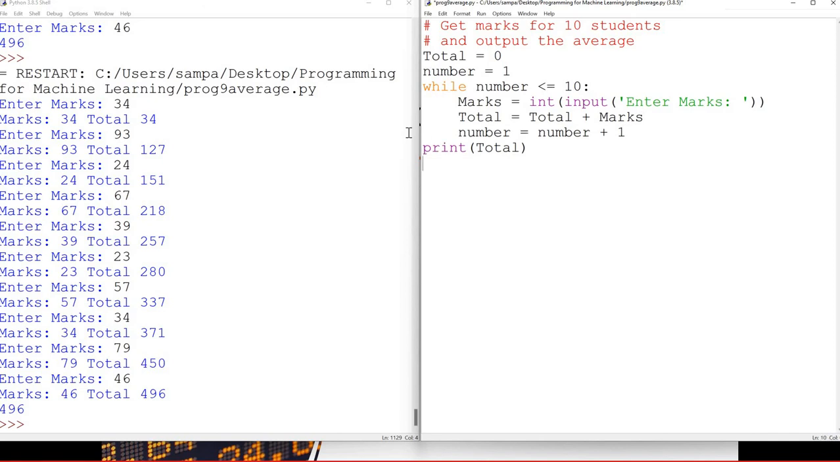So now to get the average, it's simple. If you want to get the average, let's say average is, you get the total and you divide by 10. Simple as that. So if I run it,